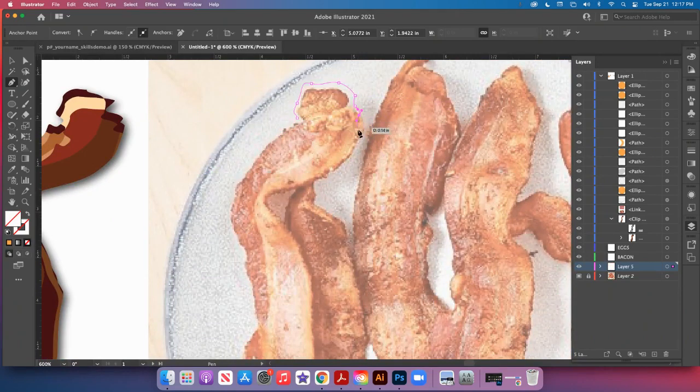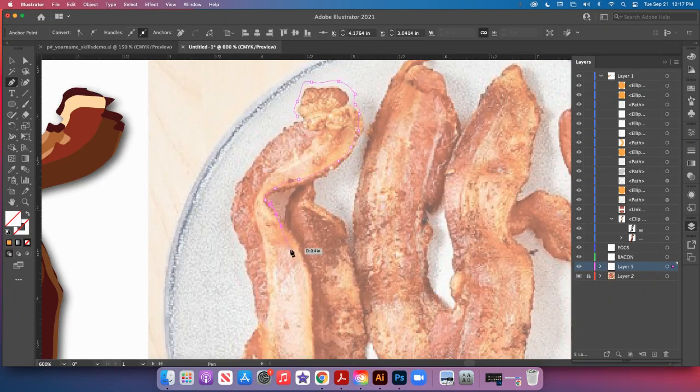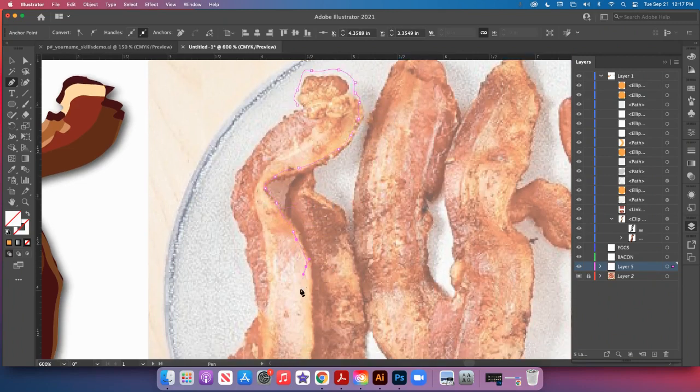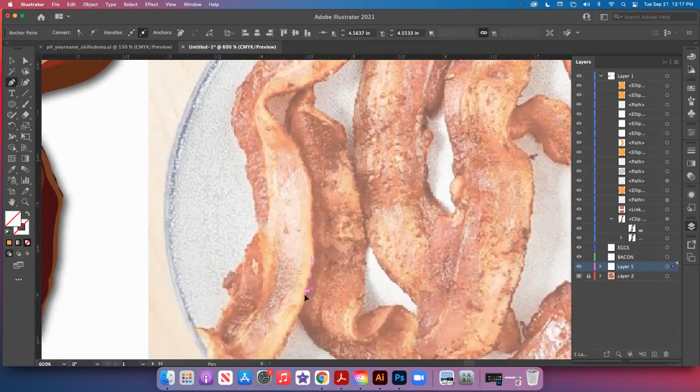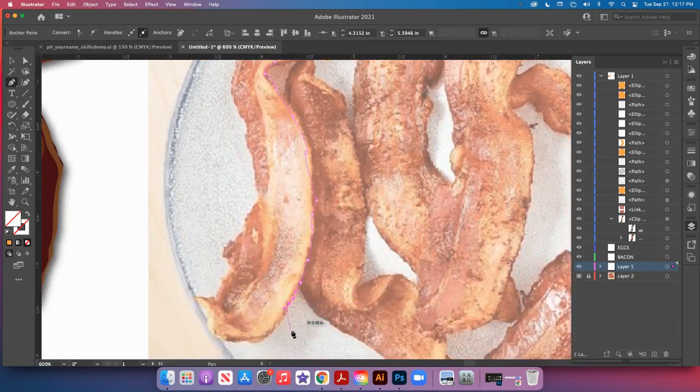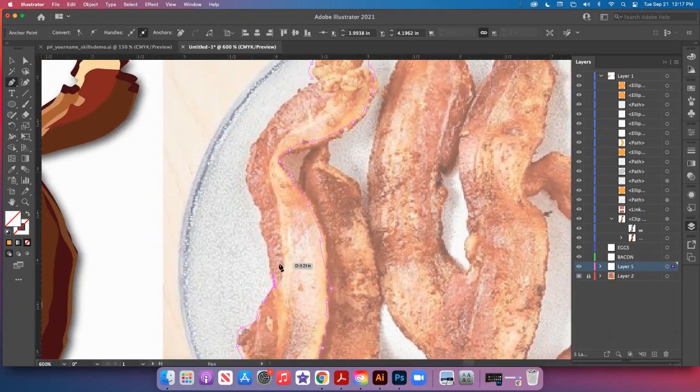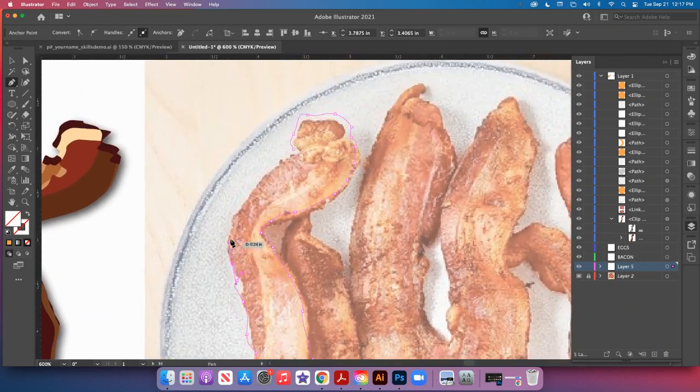So here I'm just kind of clicking and dragging, trying to follow the lines to make this bacon. I've got my left hand on my space bar so I can activate it and move my field of vision quickly if I need to. Again, I'm just clicking and dragging, space bar, move, click, drag,